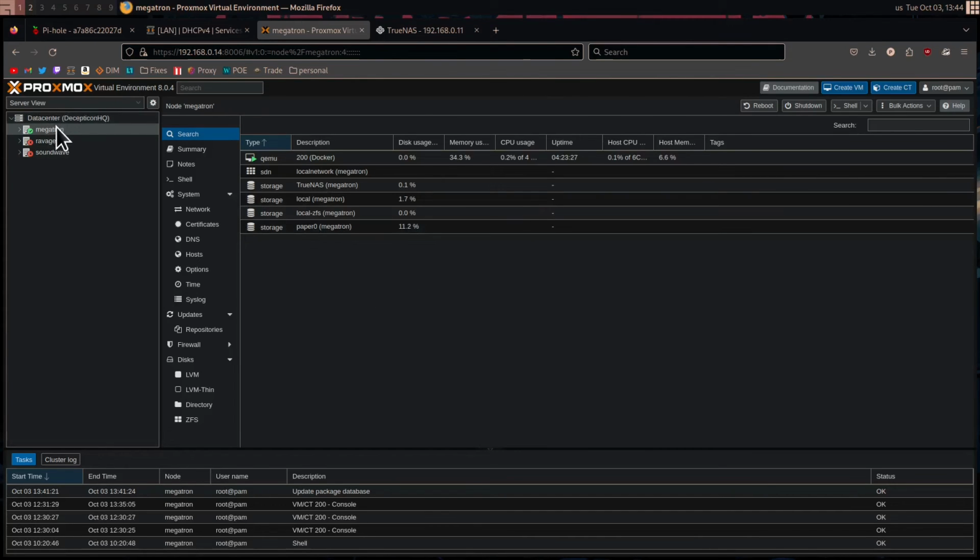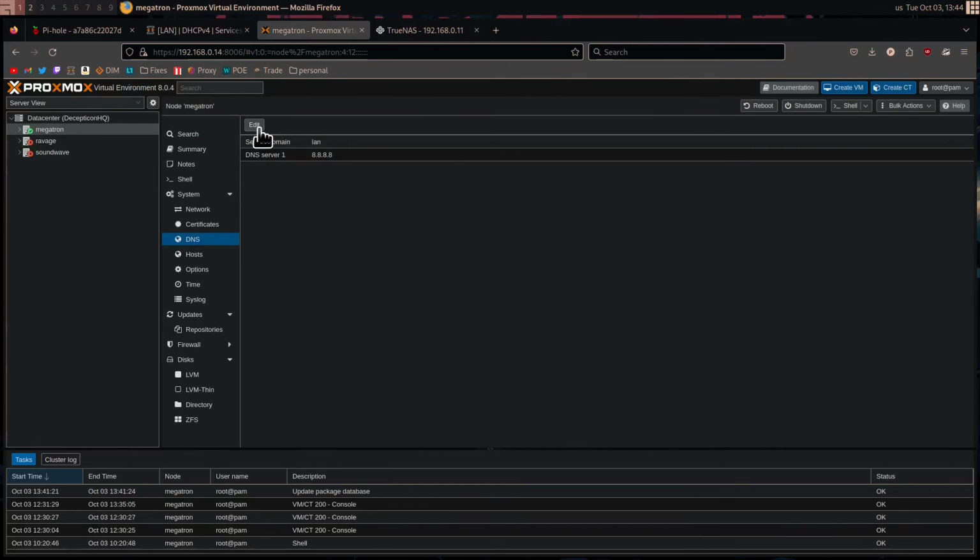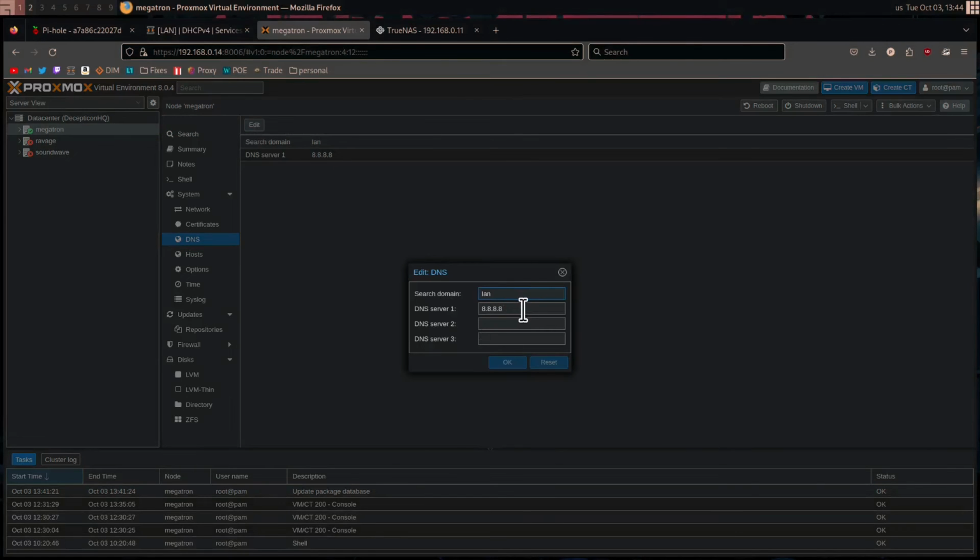So in this case, we're going to head over to Megatron, go to DNS, and go to Edit. Now, when I set up this server initially, I could have set this to 192.168.0.1, and as soon as it updated in my router, it would have updated here, but I had it set to 8.8.8.8, and you can also set it to 192.168.0.30. However, if this IP address was to ever change, you would have to update it again. So it is better to go ahead and set this to the .1 address and just set it to our